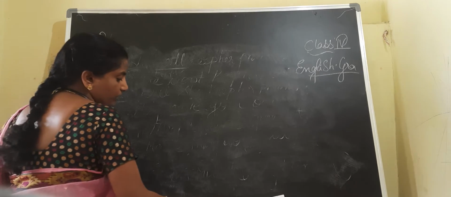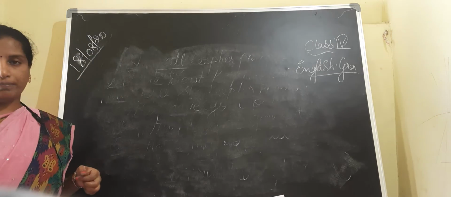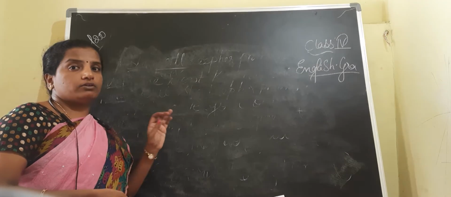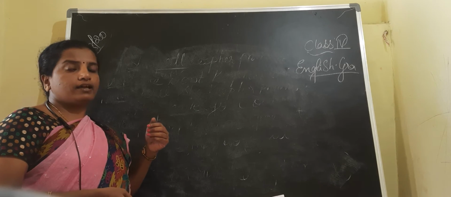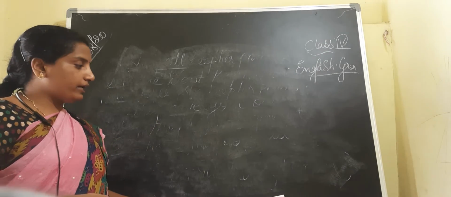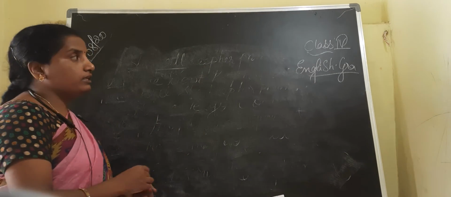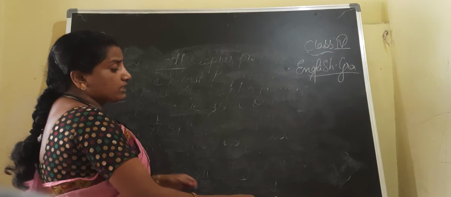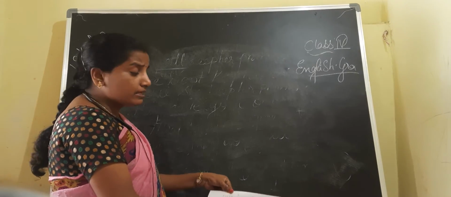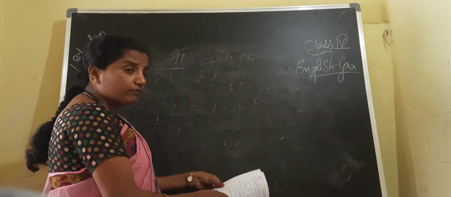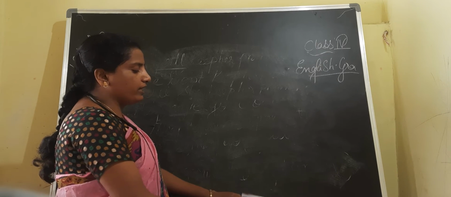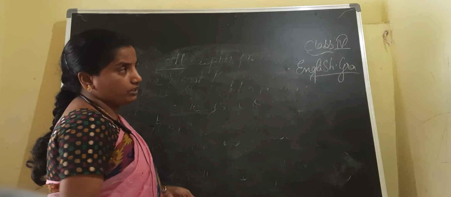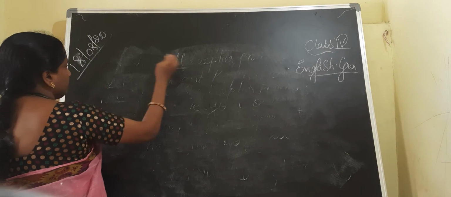See, children, till now we have discussed the sentence topic, the phrase, and how many types of sentences there are. Then we move to the negatives and the question forms. Now, children, let us discuss a few examples where there is no helping verb given in your sentence and you have to write the negative form as well as the question form. So first we are writing the negative form.